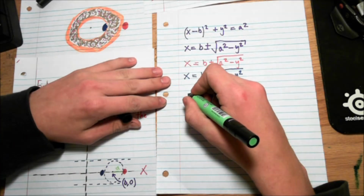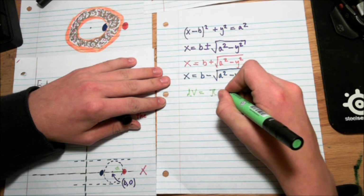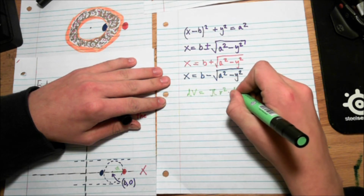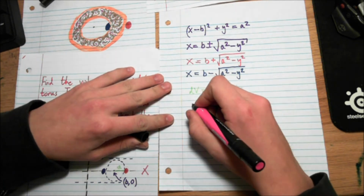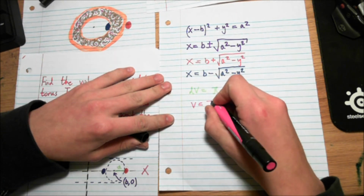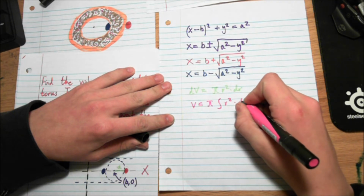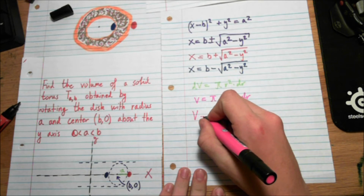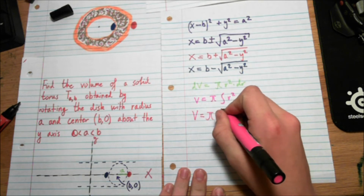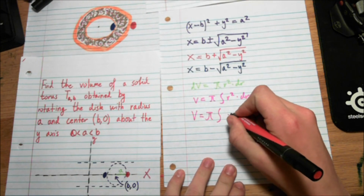Now we need to find the change in volume, which equals pi r squared times delta r. To find the volume, we take the integral of this, which equals V = pi integral r^2 dr. In our example, to calculate the volume, we do volume equals pi times the integral of the outside radius